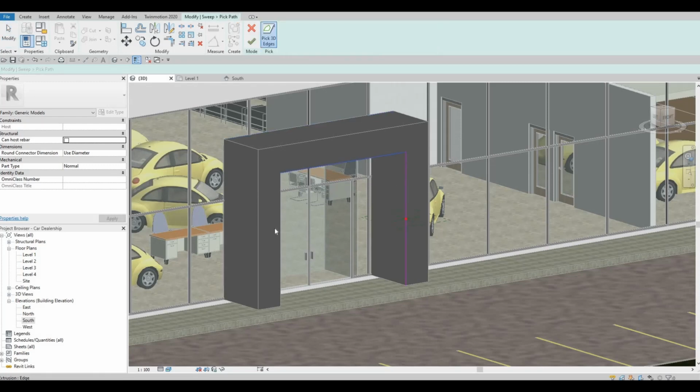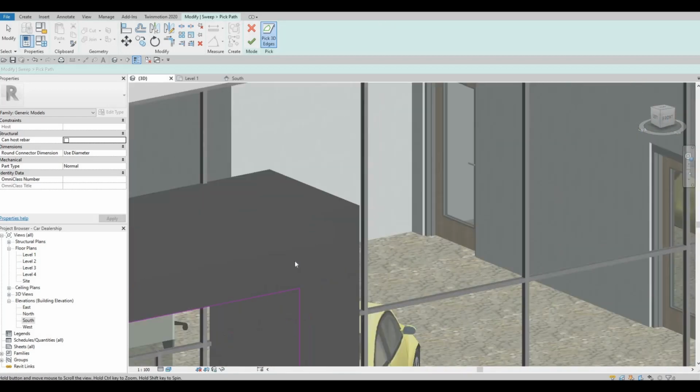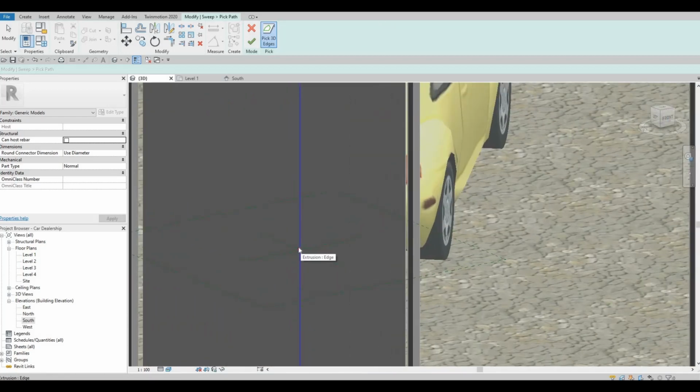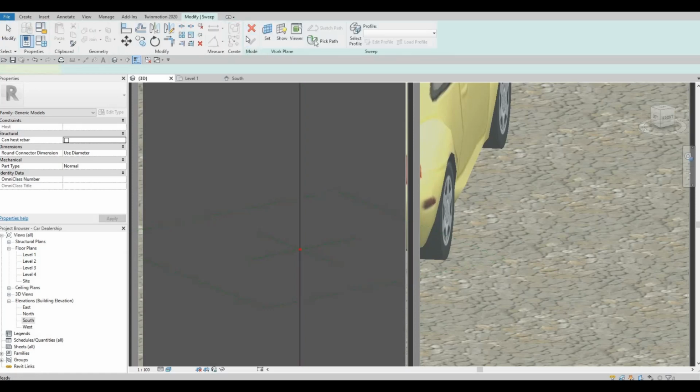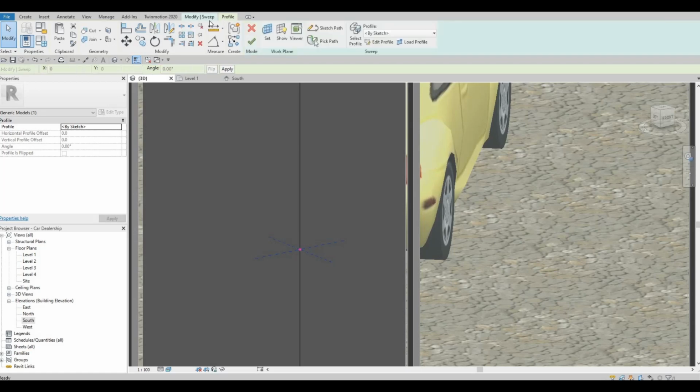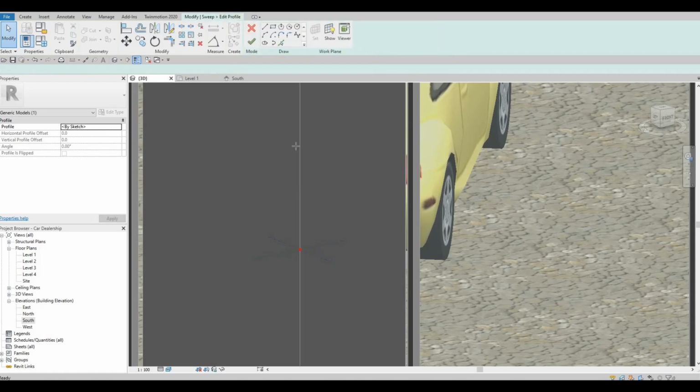I'm gonna select this path, and then from here, as you can see, we have the axis. We're gonna chop off some of this. So once you click finish, select this one again, click on edit,